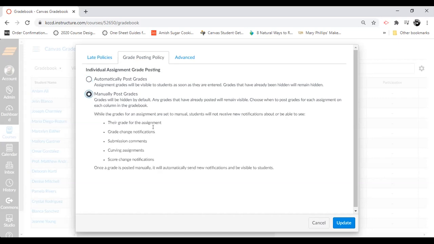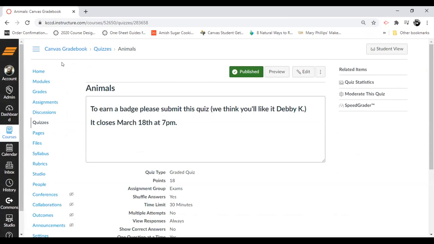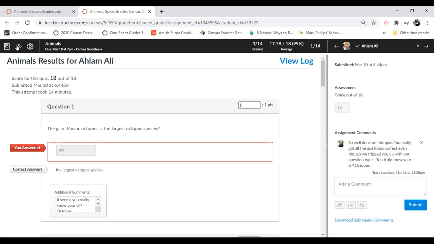If you manually post grades, then what you'll see is you will select this, do your changes, and then up in the corner, there'll be an eye through the assignment. Let me go here, for example. So say I'm in SpeedGrader,